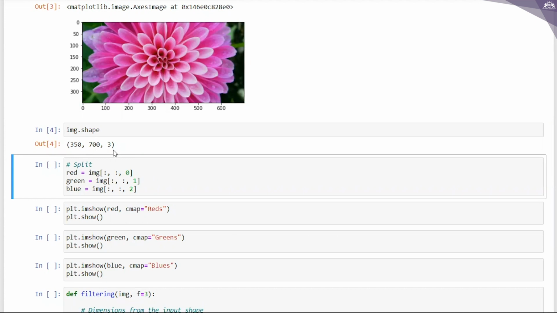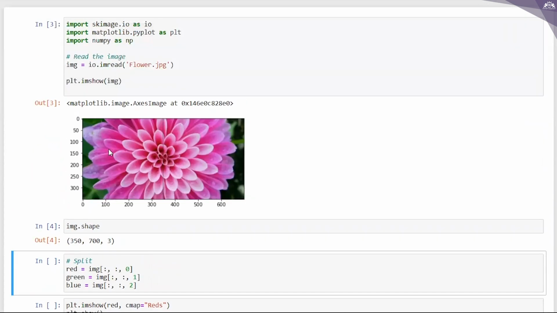What are the channels over here? Red, green and blue. From this itself, you can figure out that 350 is the height of this image, 700 is the width of the image, and 3 stands for red, green and blue. Hope this is clear.